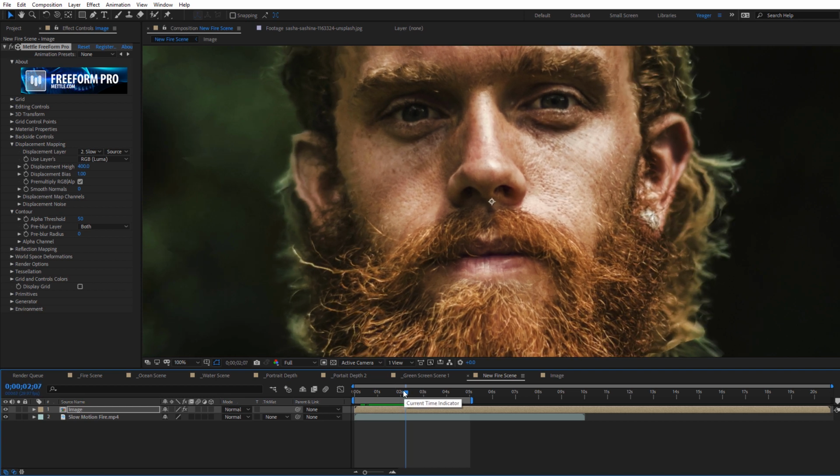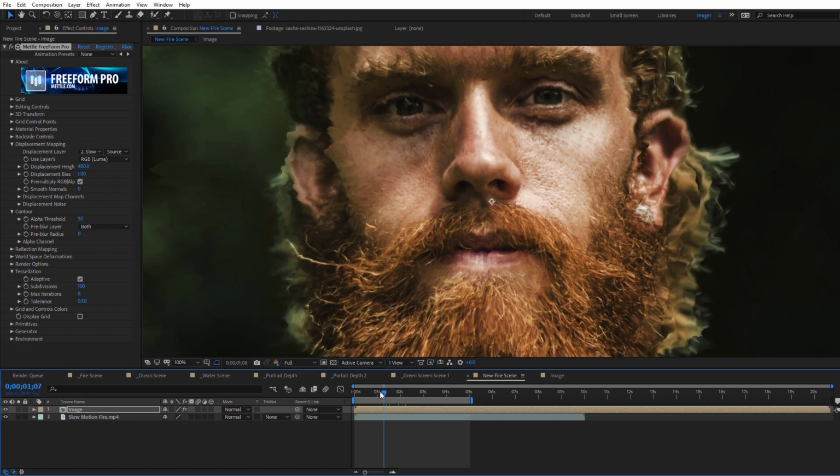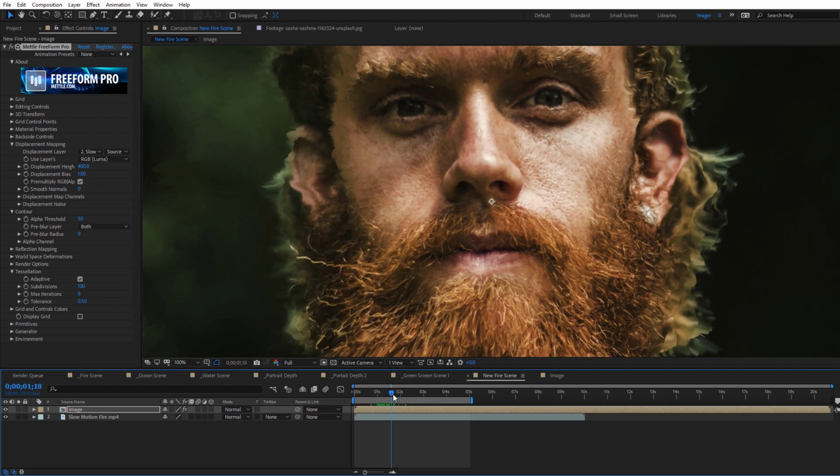There's a very easy way we can resolve this built into Metal Freeform Pro. Now, as I mentioned, the tessellation, we can go ahead and check this down. And this basically just acts as how detailed our mesh is that's being displaced. But we can go ahead and turn on adaptive, and that'll actually adapt to our footage and will increase and decrease the mesh size based on what's happening. And you can see when I check that, it looks a little bit better, but it still has some edging and stuff that doesn't look quite right. You can see the way it's kind of pixel mapping there. Some of it looks just a little too extreme.